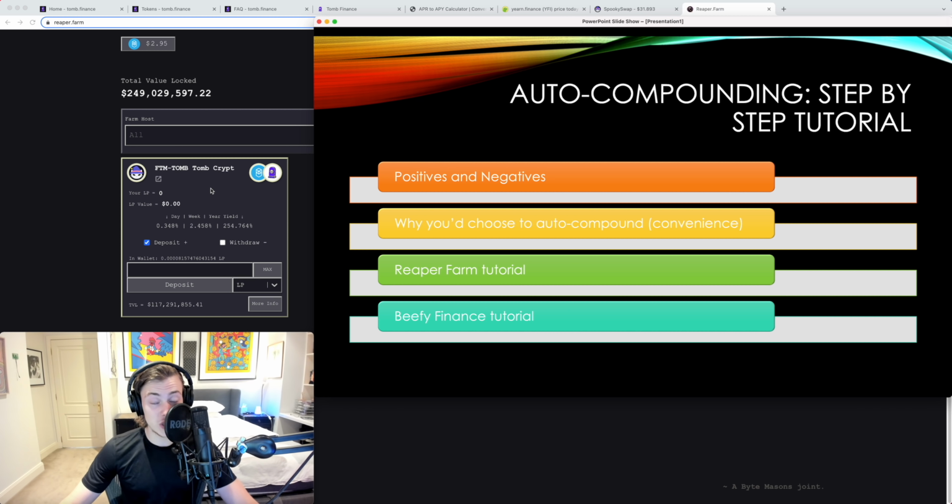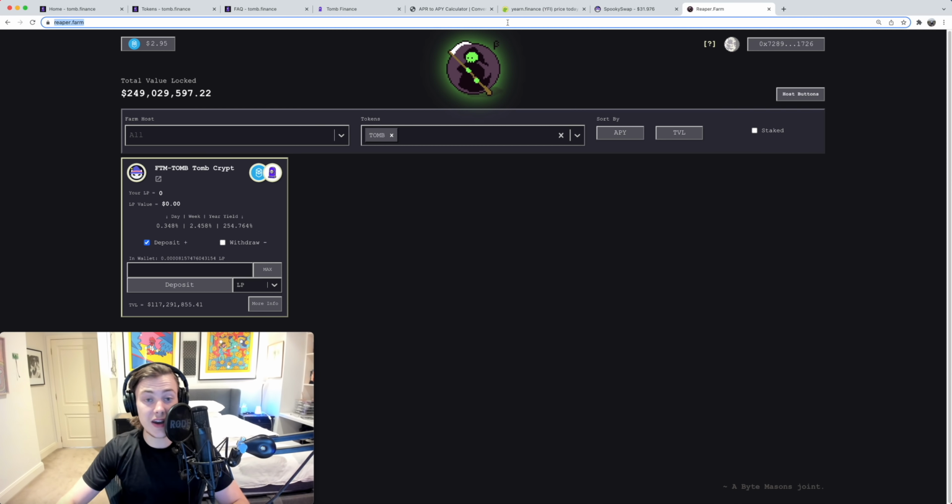Personally, I'm not fully convinced that it's actually worth the extra layer of risk just to save a few minutes a week. Like honestly, spending the extra couple dollars a week worth of gas and the extra 10 minutes a week worth of time to manually compound. One, it's kind of fun to do, but two, you're also not getting the extra layer of risk. So that's one argument against Reaper, but I know a lot of people do like the convenience, and you've got